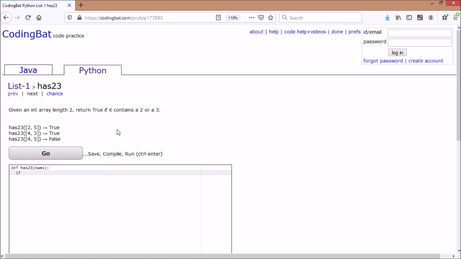If nums[0] equals 2 or nums[1] equals 2, we are comparing the first or the second element, either one of them can be 2. Nums[0] can be 3, because it says return true if it contains a 2 or a 3.